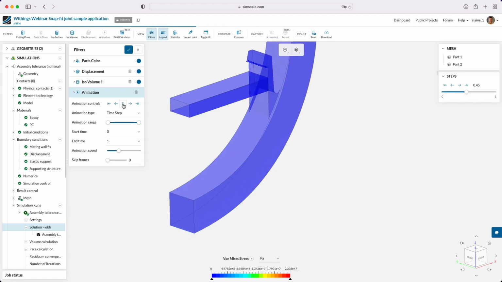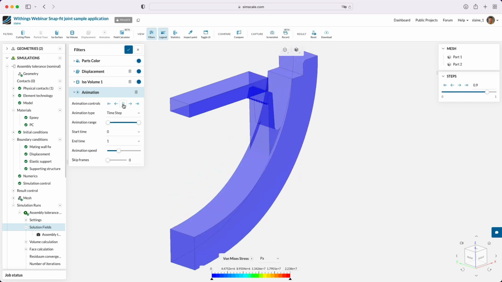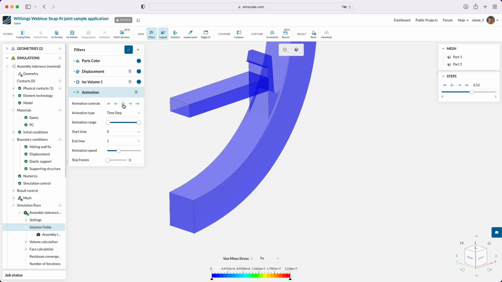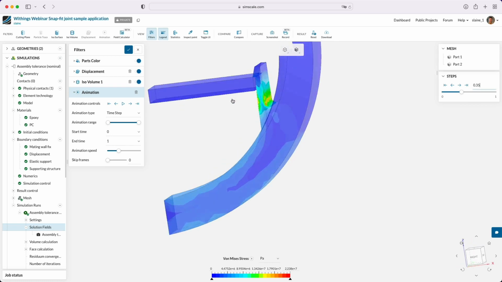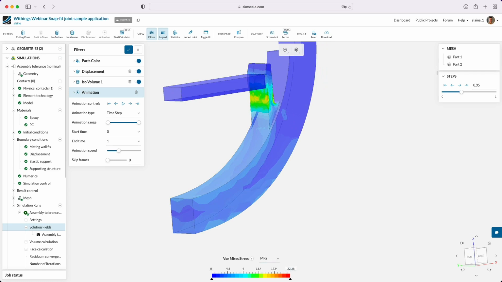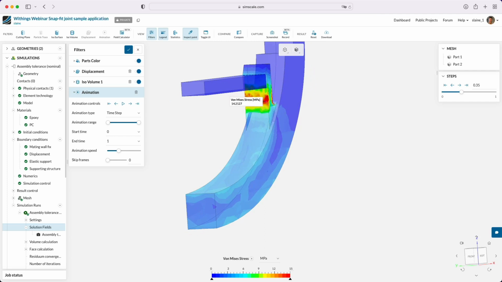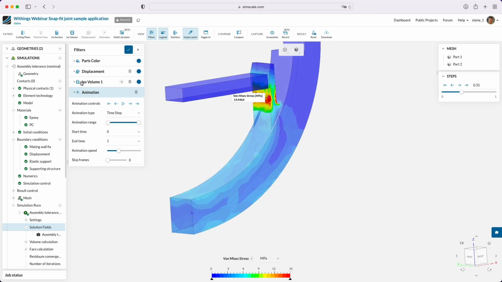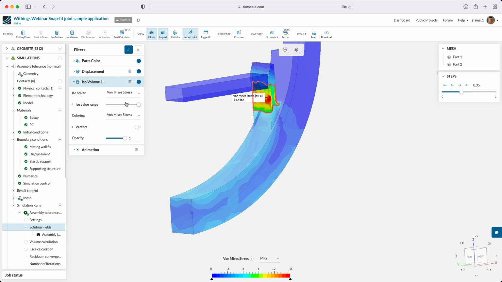And we can see it's snapping together nicely here in the animation. So if we go to the peak stress point where the snap fit is just about to snap back over, we can have a look at the stresses that we've got here. So we've got some peak stresses down in the tang, and we could pick out what some of these are. So, we've got stresses of up to about 13, 14 megapascals,